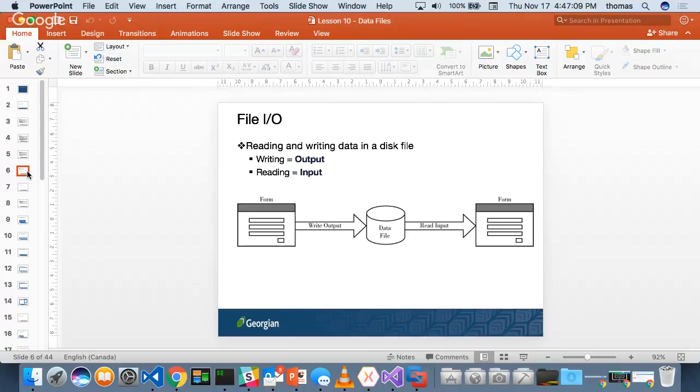File I/O, how does it work? Really, it's all about reading and writing. You have a form, you have a data file, you write to the form, you read from the form. Really, that's simple I/O, all right? With file I/O, I'm talking about simple file I/O through C# or even Java. It's almost identical in Java. The only thing you need to do with C# or Java,